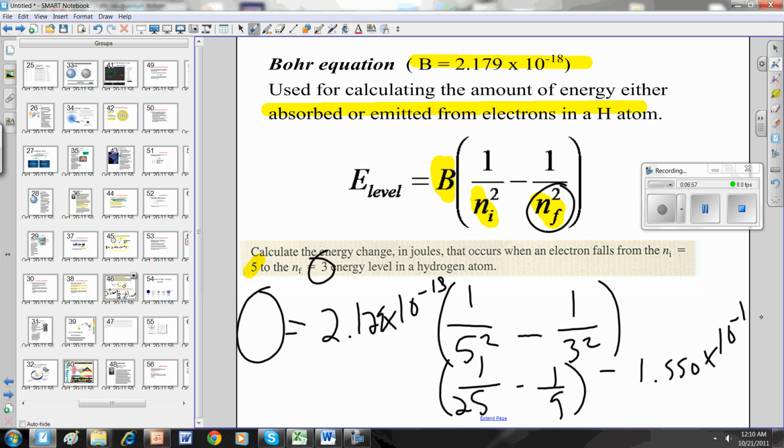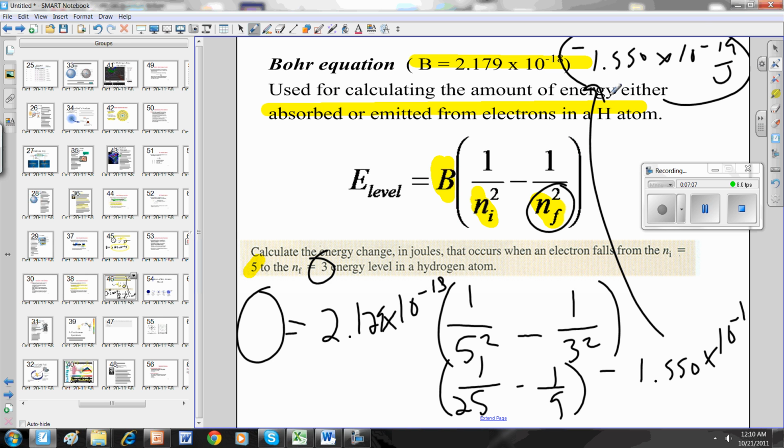I'm writing off the thing here, so I'll put it up here. Negative 1.550 times 10 to the negative 19th joules. That's the amount of energy when an electron in a hydrogen atom falls from the 5th level to the 3rd level. If you look at the next problem,